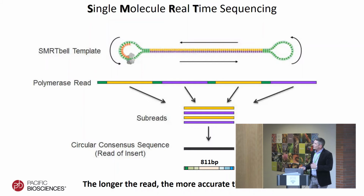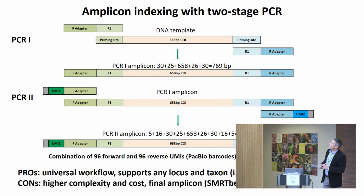So our target template that we favor is actually 811 bases. Then this is your target region with primer sites, and in PCR1 you get the primers that are tailed with forward and reverse PacBio adapters. This is a universal system where you can have any loci targeted primers with the same adapter, and then you can use the same set of barcode tags to work with plant and animal DNA. You can do multiple loci, but of course that complicates the reaction